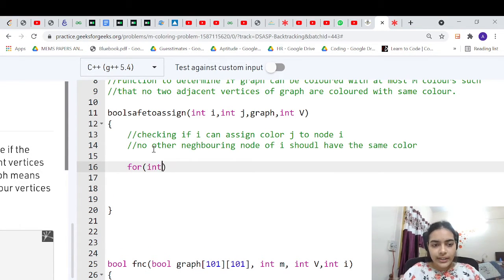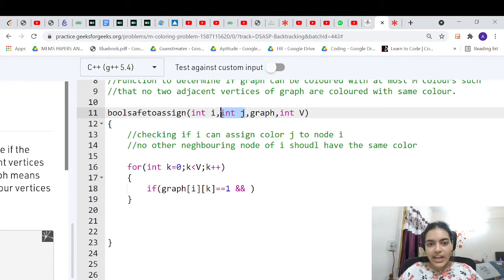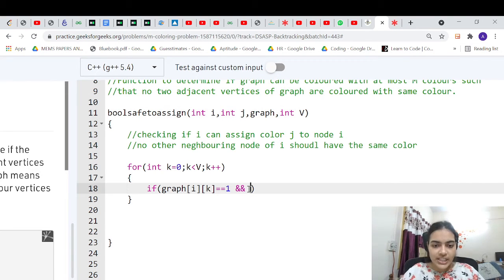For int k equal to 0, k less than v, k plus plus. I am going to check in the graph. Graph is just a 2D representation, right? So if graph of i k is equal to 1, that means it's a neighboring node. If the neighboring node has the same color, which color I am trying to assign, j, that means it's a problem, right?